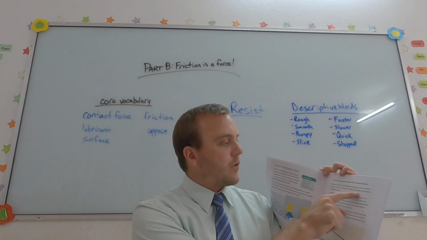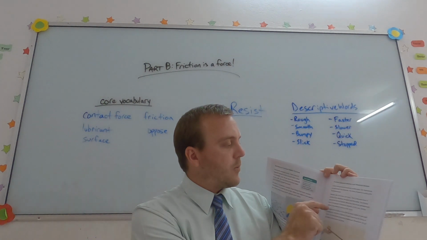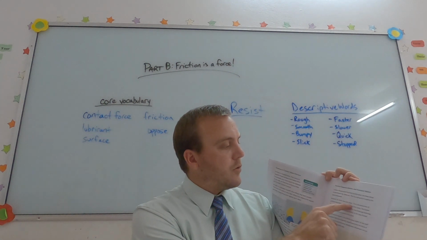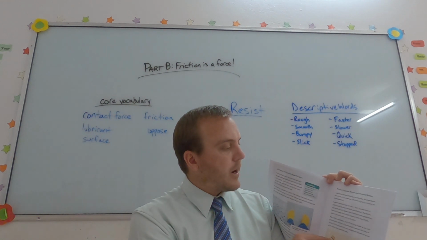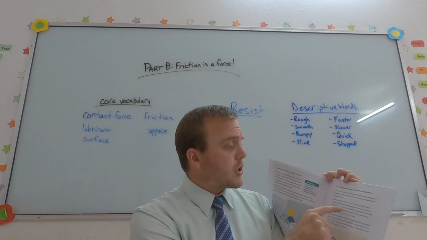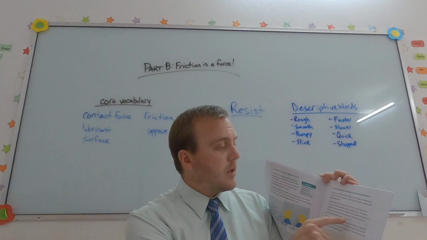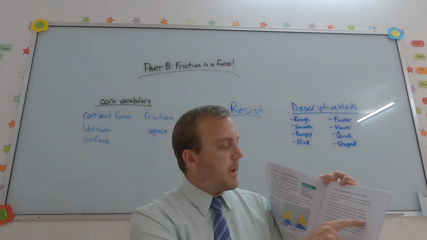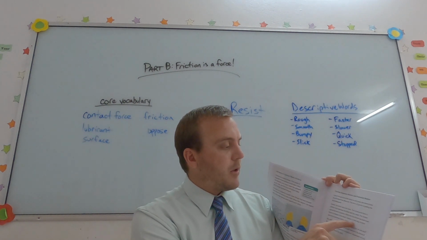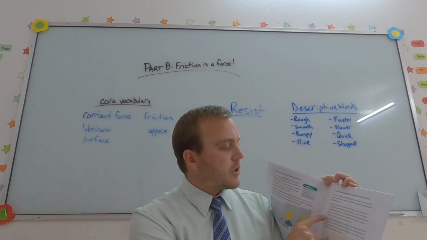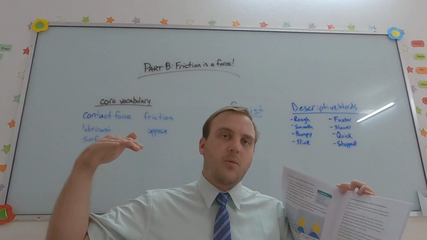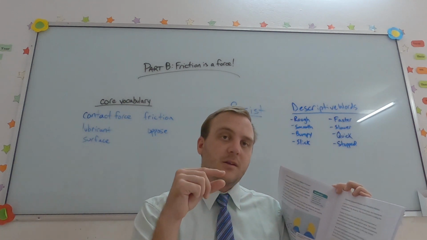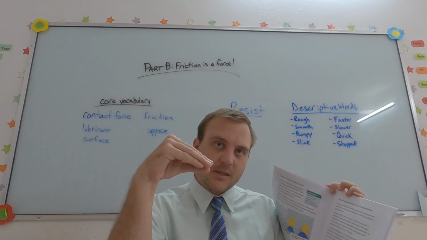Yes, there are. The force of gravity is pulling the block downward. However, the block does not move. That is because there is a friction force between the block and the ramp. The friction opposes the force of gravity. When the two forces are balanced, there's no change in the block's motion. In this way, friction opposes the potential motion of the block. So the block wants to slide, but because of the force of friction, it's kept stuck at the top